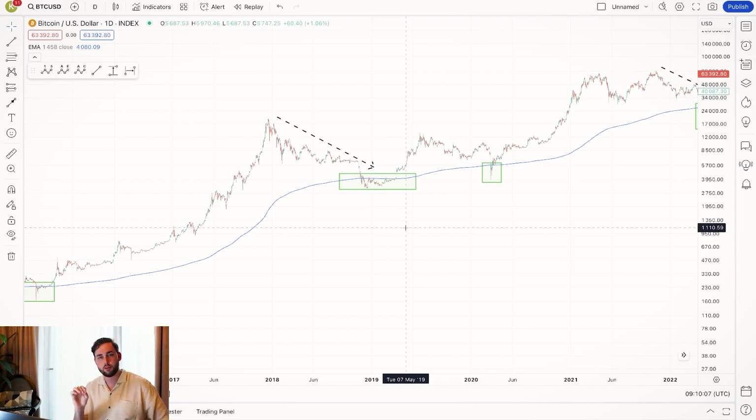But again, plotting this blue line, it gives you this sort of situation where you can begin to say to yourself, okay, if we fall deeper near this line, I will actually buy. I won't listen to these people. Or of course, if we shoot anything above this blue line, well, hey, maybe it really isn't a bear market, so to speak, just as yet, okay? You can leverage this tool very simply, giving you that sort of zooming out approach to the market.